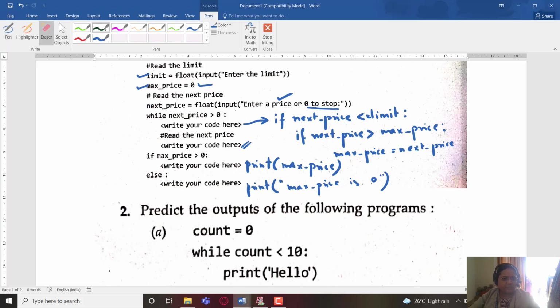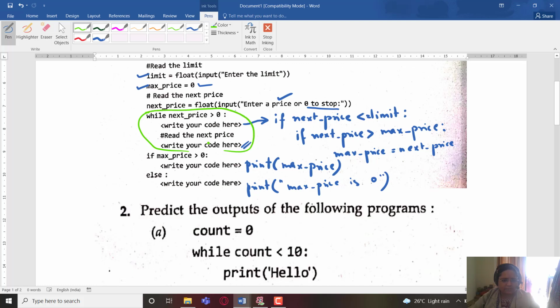Over here we need to keep in mind the indentation. So here we don't have any indentation, here also we don't have any indentation. This if lies directly below while. That means it is outside the while loop body. So if we need to check how it is, you can see over here that this while loop body is over here.